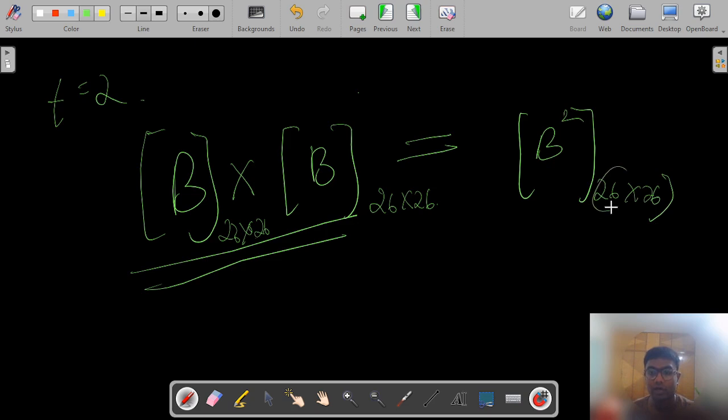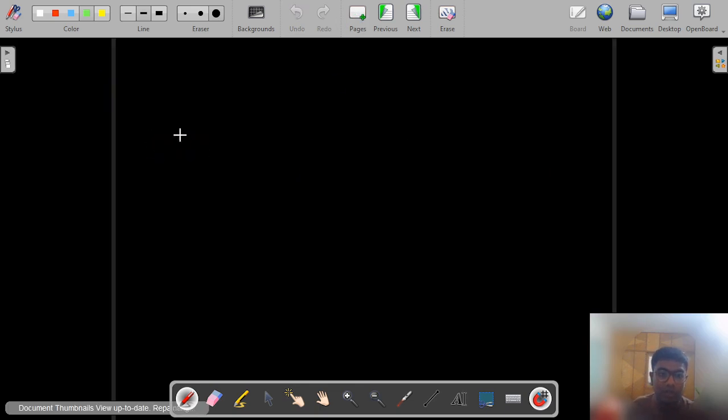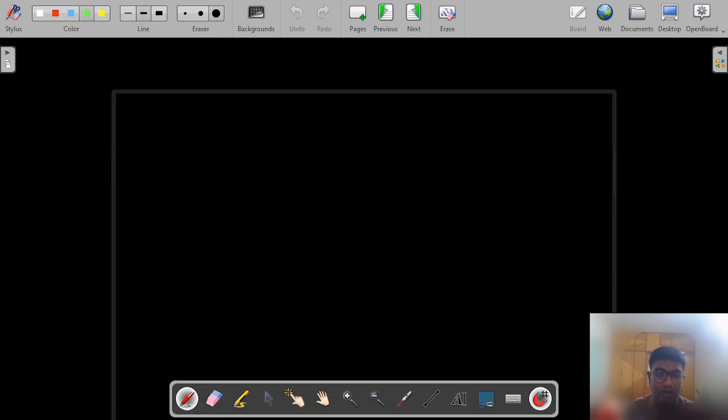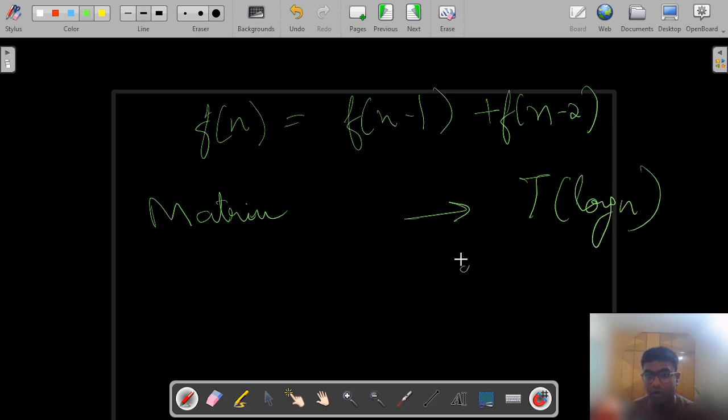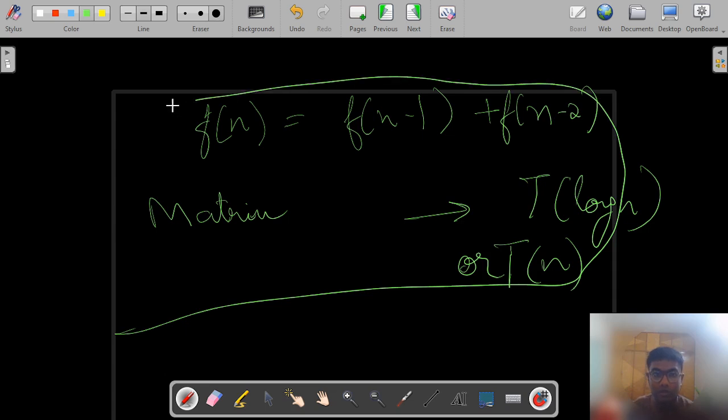So another optimization that we can have is matrix exponentiation, where matrix exponentiation would be useful in such recursion, or in cases like Fibonacci numbers where we have n minus 1 plus n minus 2, and we can apply matrix exponentiation here to optimize the time complexity to possibly log of n. So in our case also we can do something like this. So this is matrix exponentiation,